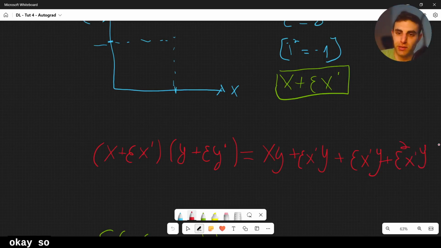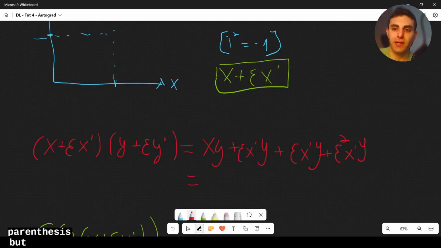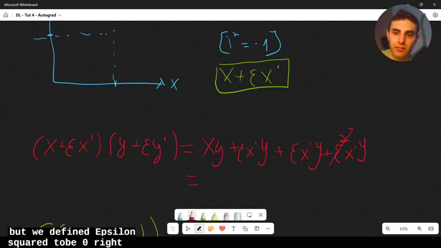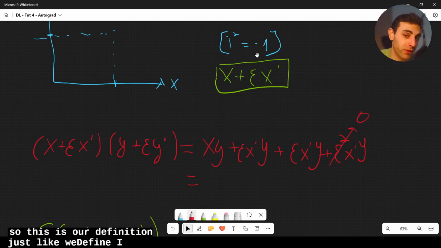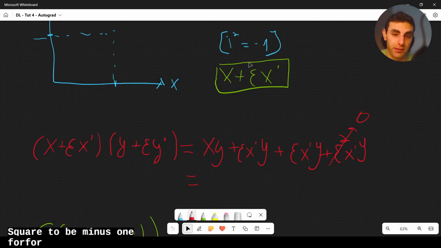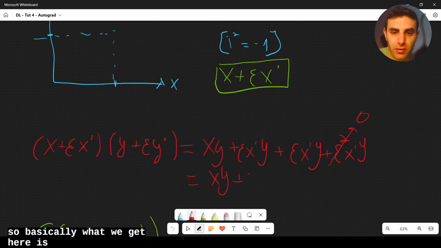Okay, so this is what happens when we open the parentheses, but we defined epsilon squared to be 0, right? This is our definition, just like we defined i squared to be -1 for complex numbers. So basically what we get here is xy